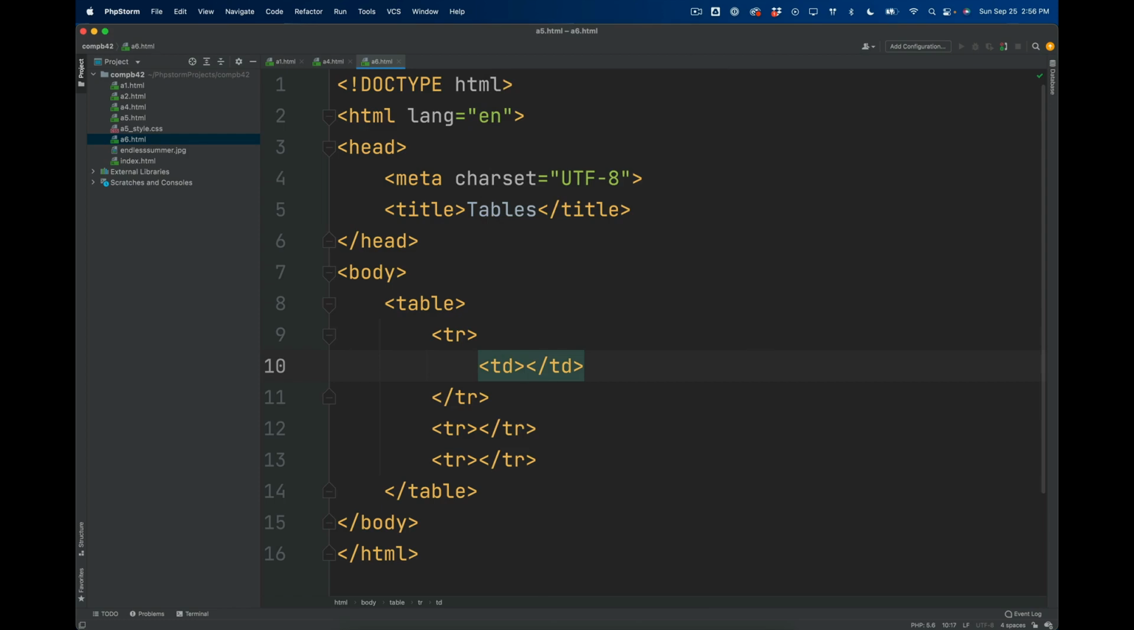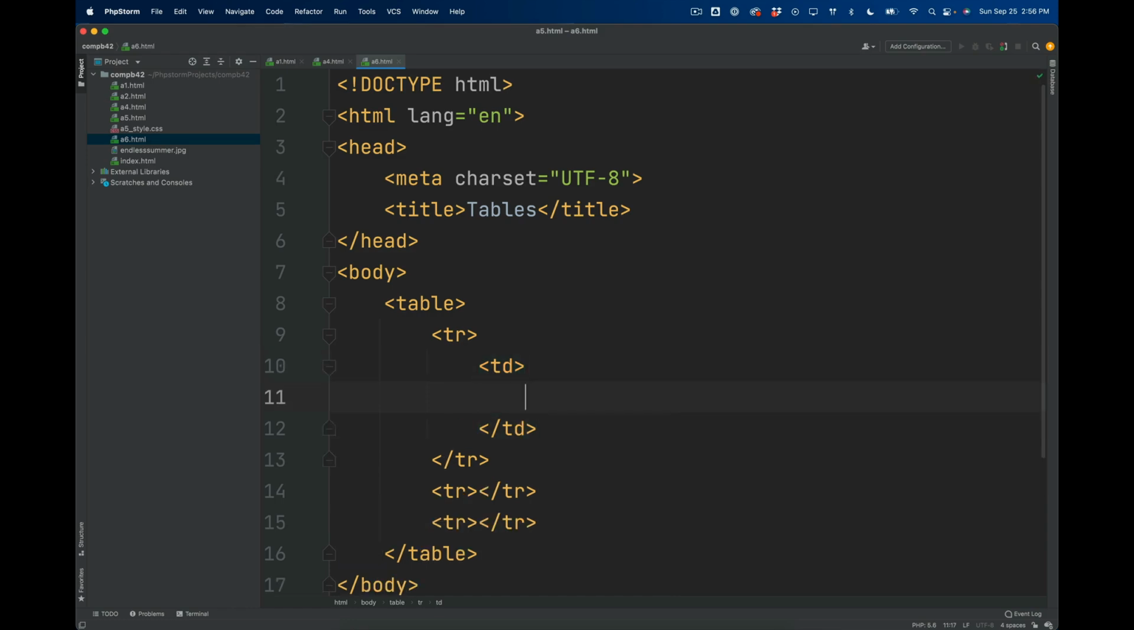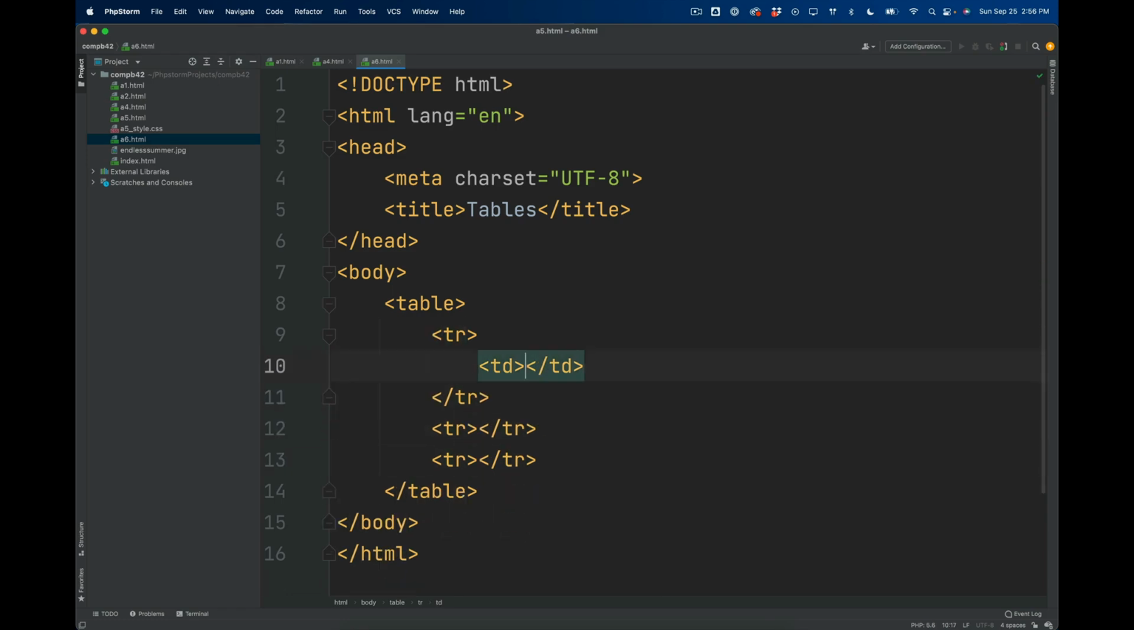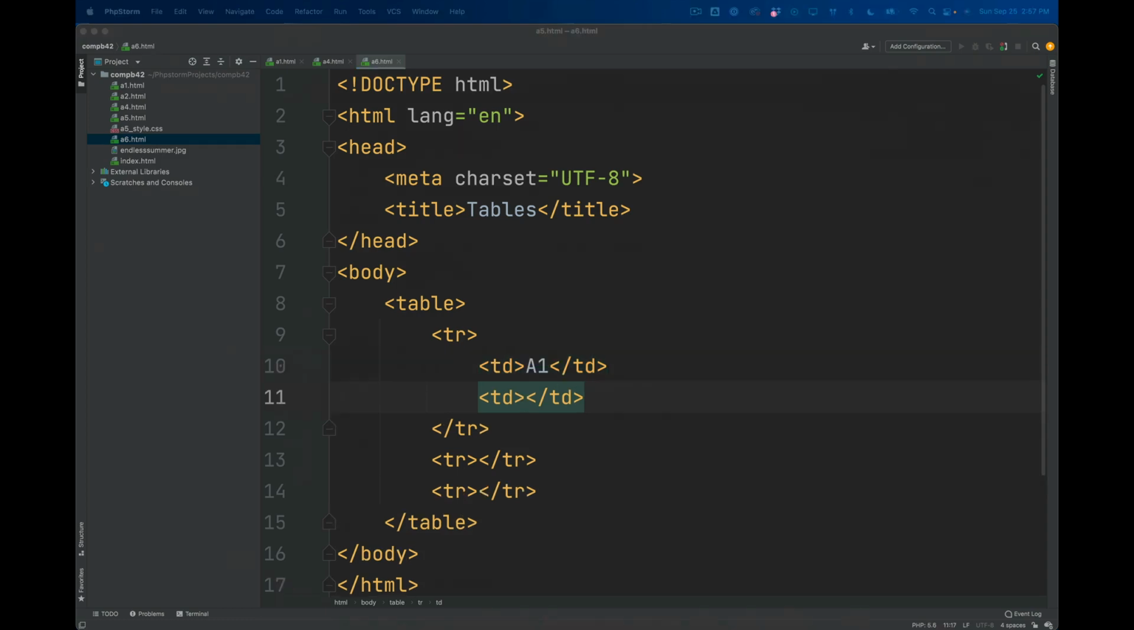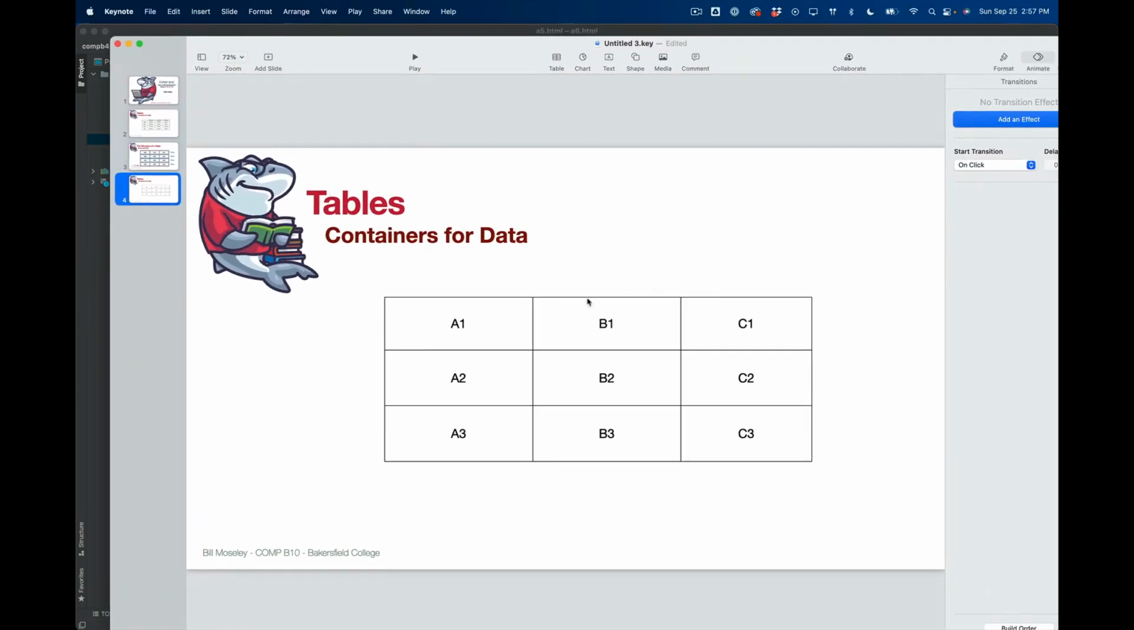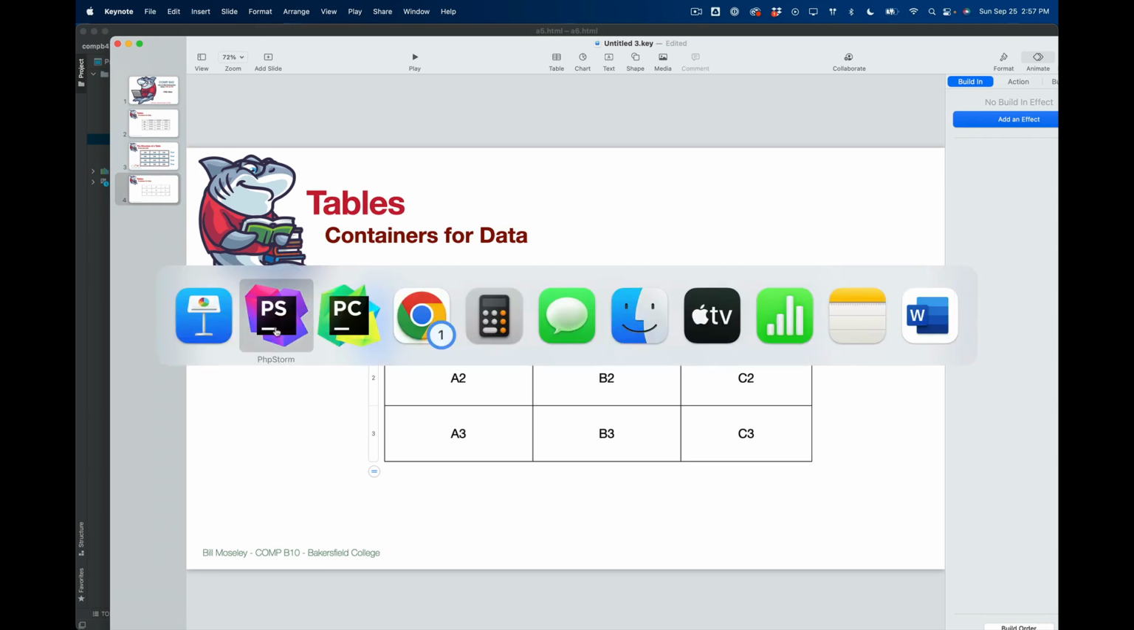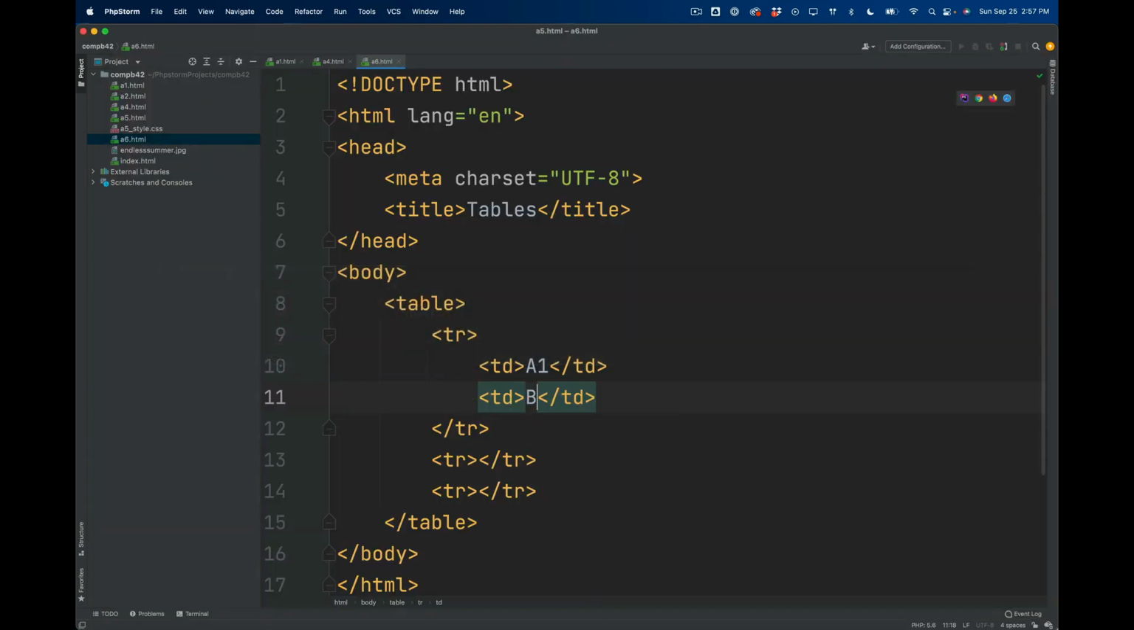And I'm going to leave those on the same line. If I was going to put a lot of stuff inside this, I might put that down so I can have a little bit more of a nested structure. But just to make it a little simpler, I'm going to put the TD tags on the same line as the content. So we're going to do cell A1, cell B1, and cell C1, because this first row is what we're working on. So A1, B1,